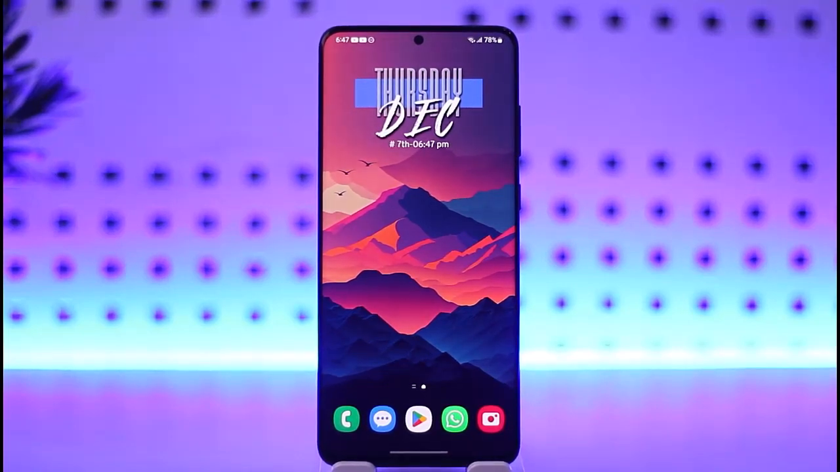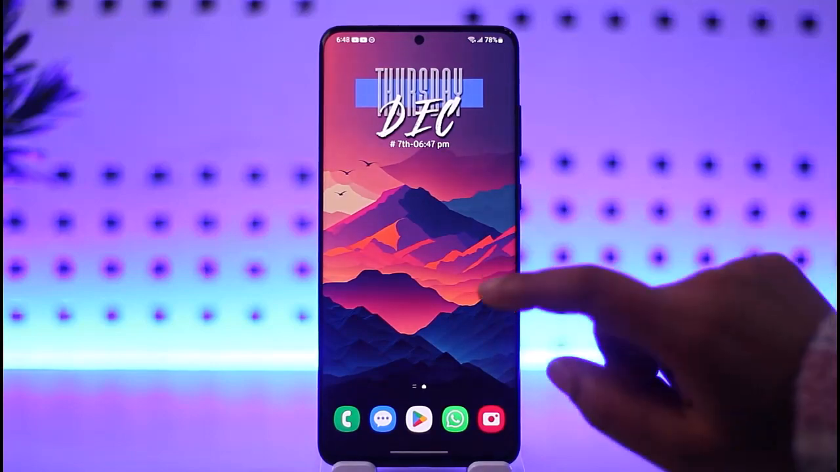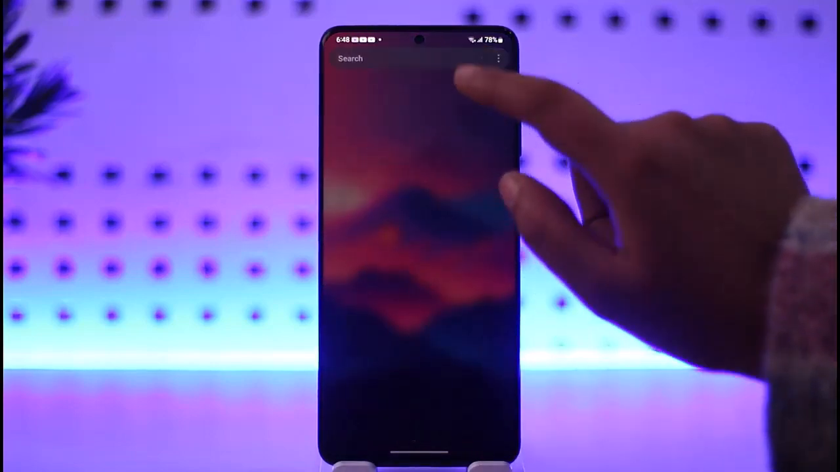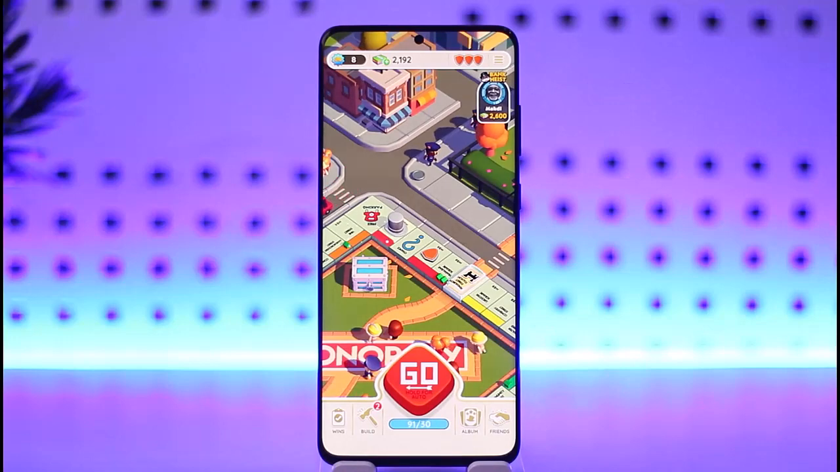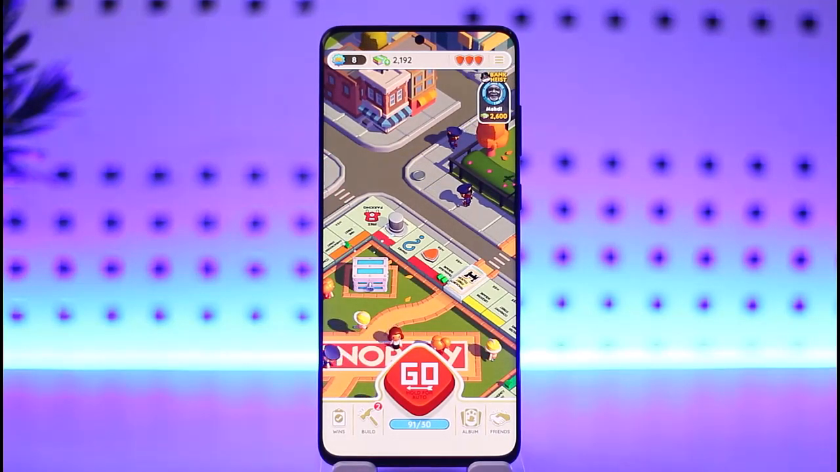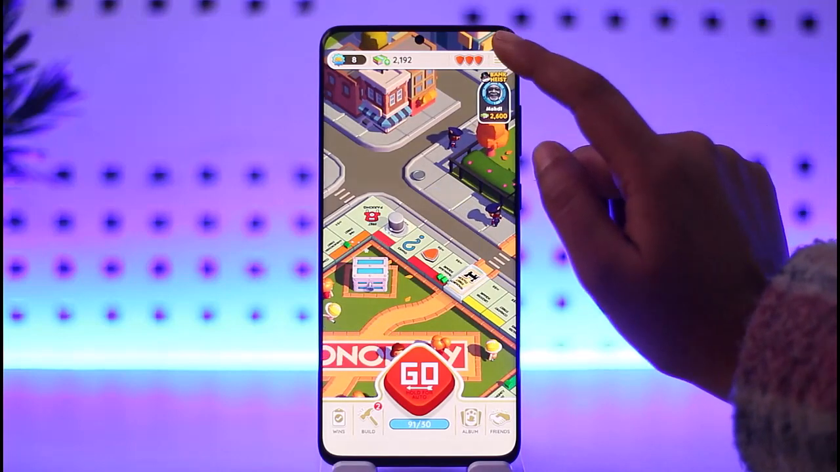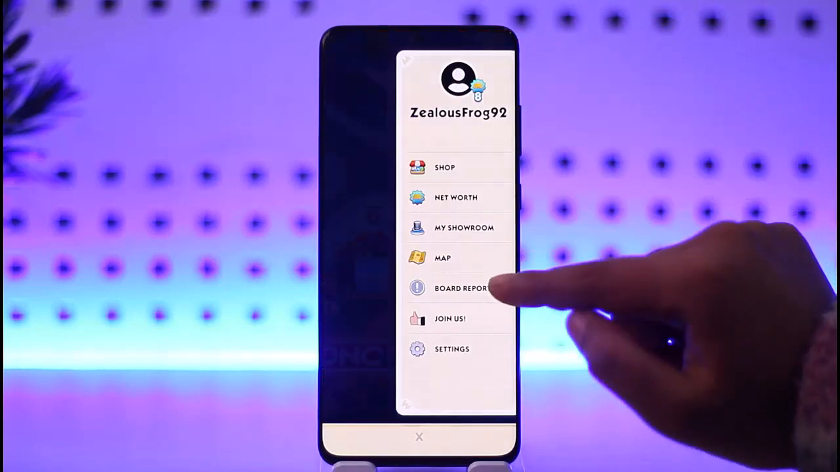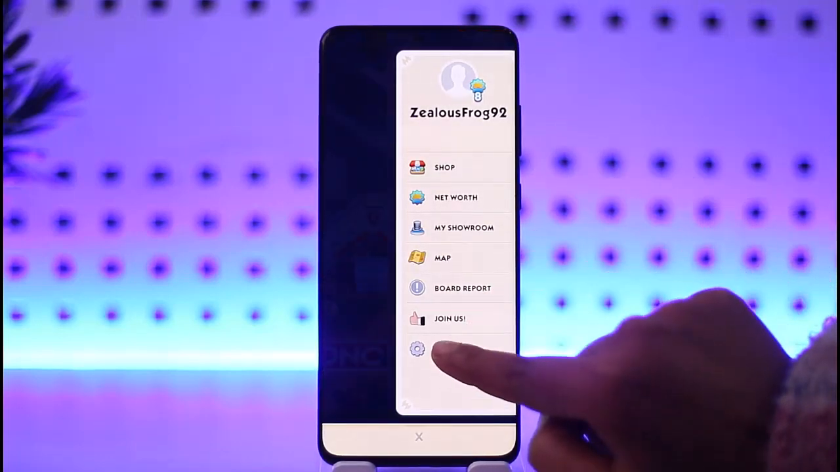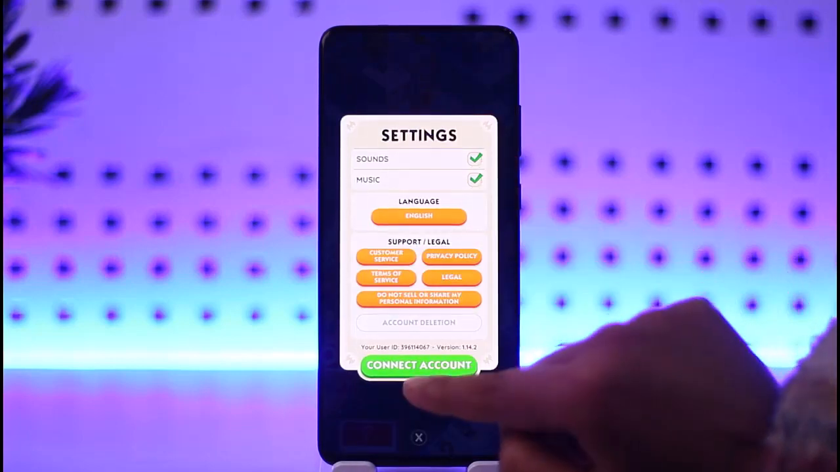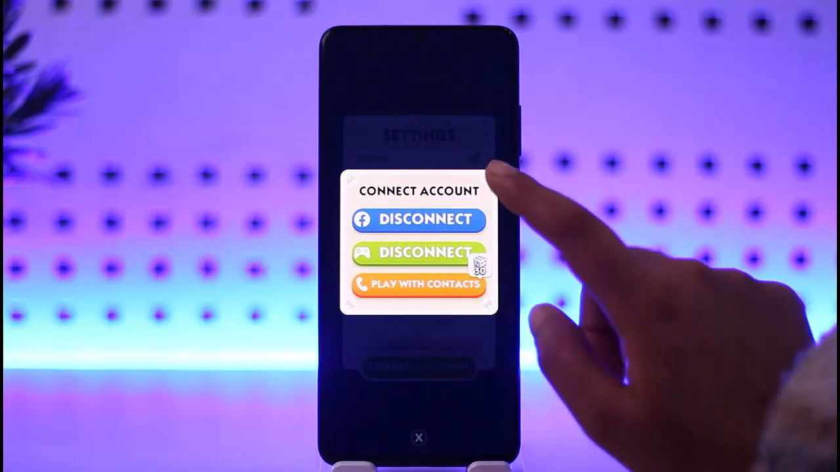For the matter, the very first thing for you is to be simply accessing your particular Monopoly Go app on your mobile phone. Once you have done so, right now we're playing this Monopoly Go in this device, right? So we're gonna tap on this three horizontal lines on the top right corner of the section and go to this option called settings over here, and it will show us this option, right, which shows the connect account. If we tap on this connect account, it will show these three options,